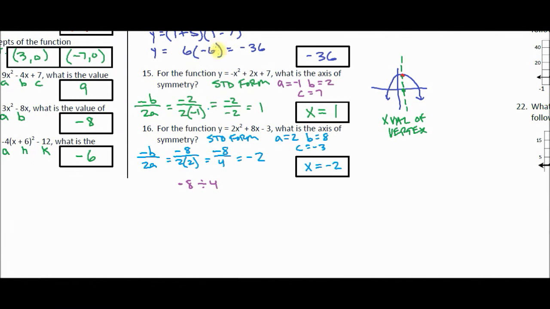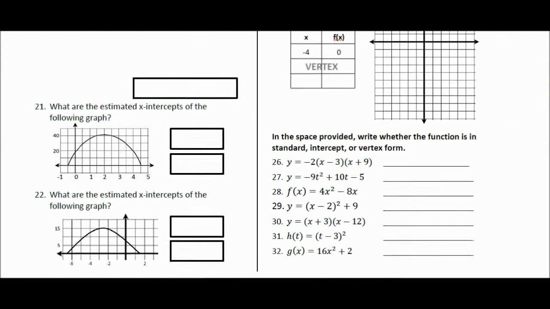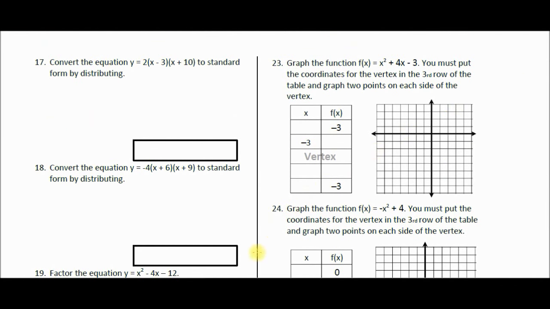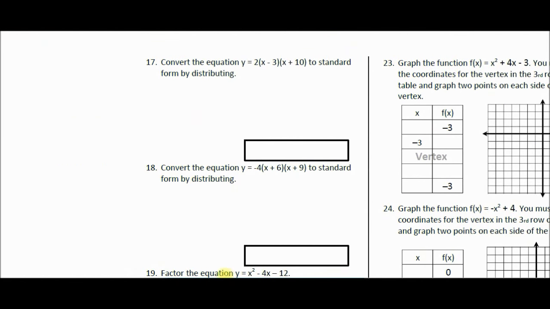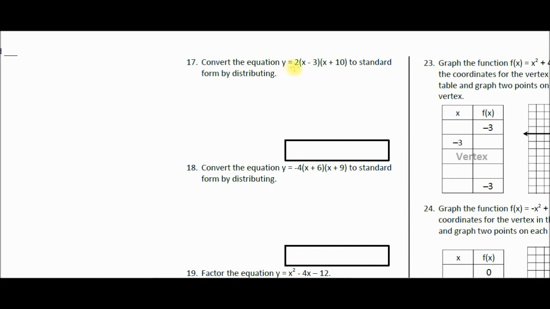Alright, in our previous video we finished question number 16. So let's go ahead and go to the back side of this page, of your first review page. Here is question number 17. Convert the equation y equals 2 times (x minus 3) times (x plus 10) to standard form